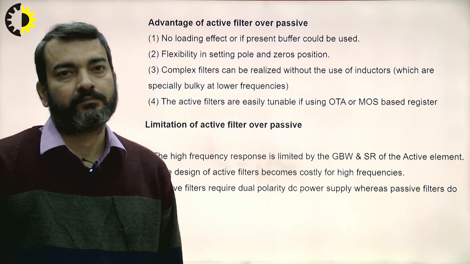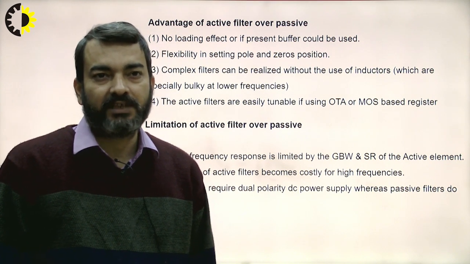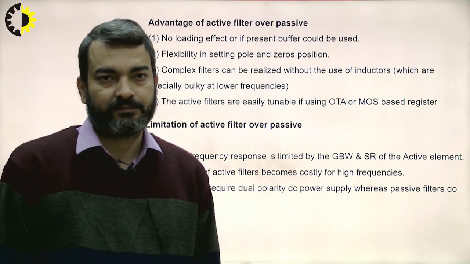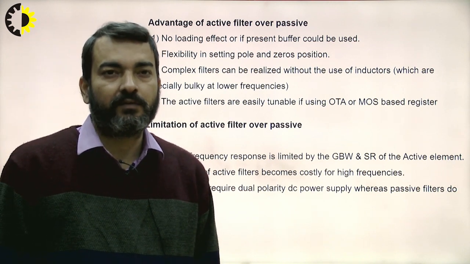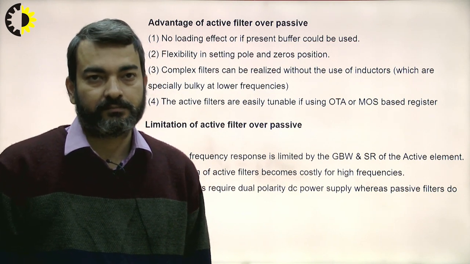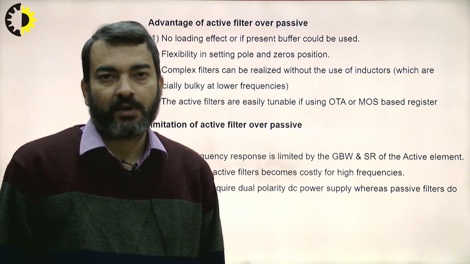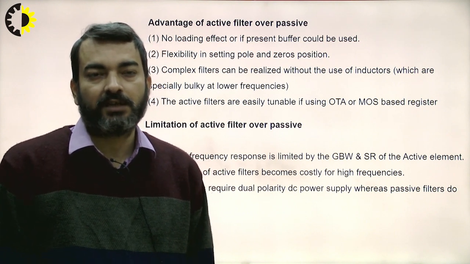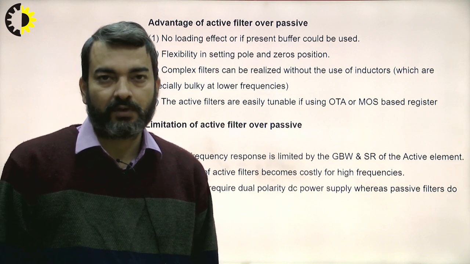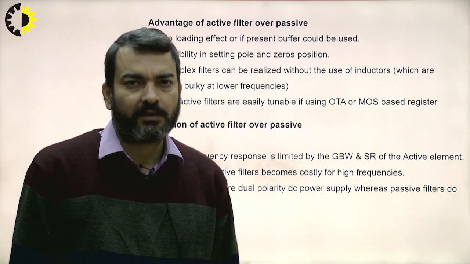Conventional passive filters consist of passive elements: resistance, capacitance and inductors. While an active filter consists of at least one active element, such as an op-amp. So op-amp or OTA, we will say these are basic analog building blocks which are used for making these signal processing circuits and other generation circuits.